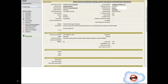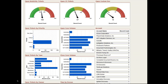Jumping to the next slide is the customer portal, and I mentioned the dashboard first for the managers. Our client service manager, these are the metrics that all day keeps a close eye on these tickets. They're very similar to what you saw before. This is